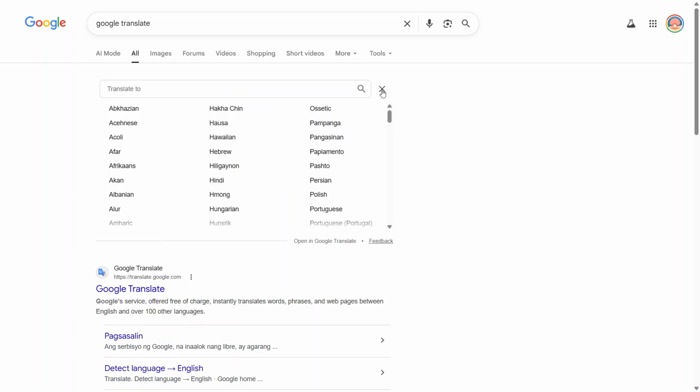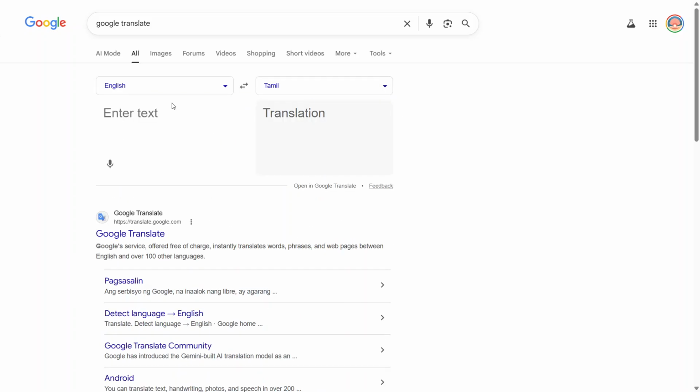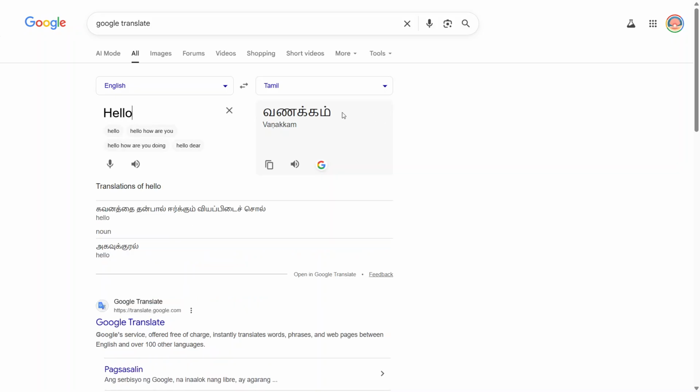Now, in the box on the left, type the text you want to appear in your Canva design. As you type, you'll see Google Translate automatically generate the Tamil translation in the box on the right. Take a moment to check that the translation looks correct. If you speak or understand Tamil, you can quickly scan it and make sure it conveys what you mean. If you don't, it's a good idea to keep the sentences short and simple, because that usually leads to more